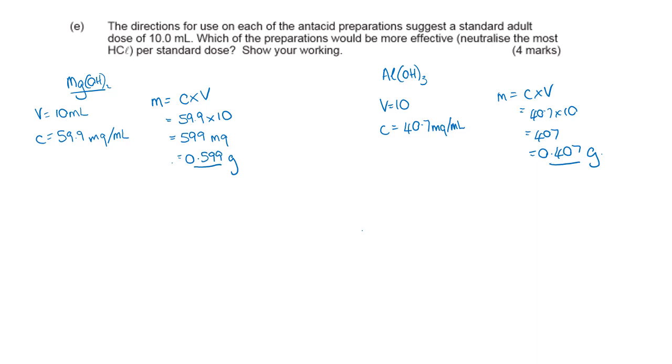What we need to do is figure out, of course, because you can't just compare masses, we need to go to moles. All right? So moles of Mg(OH)2, good old n equals m on big M. So 0.599 over, we've got 58.326. So there's the moles of that one. And to do the same thing for the aluminium hydroxide,